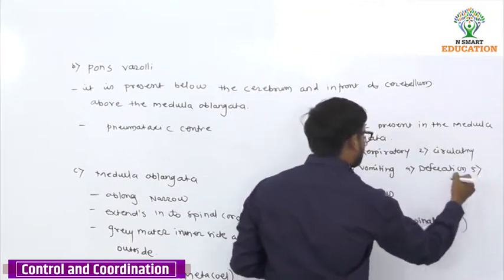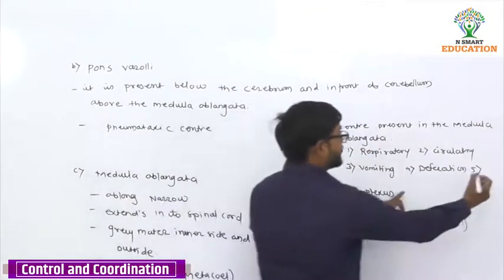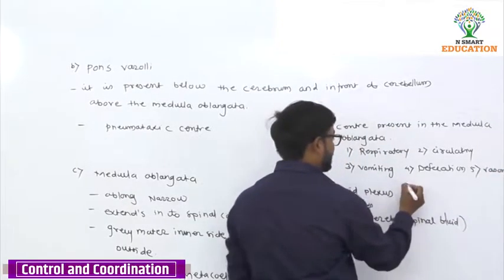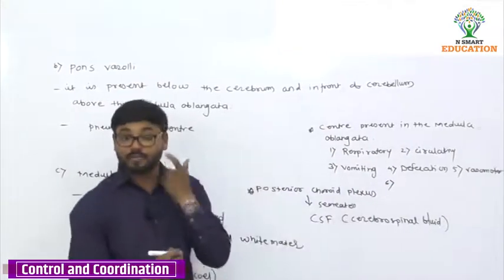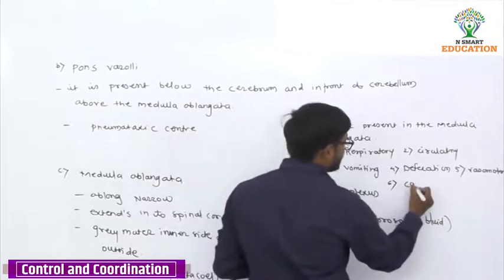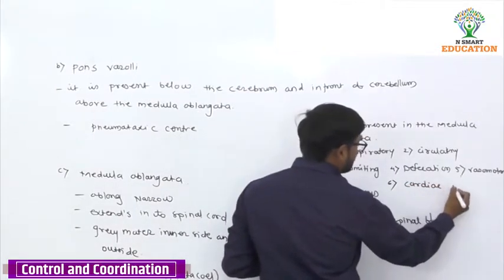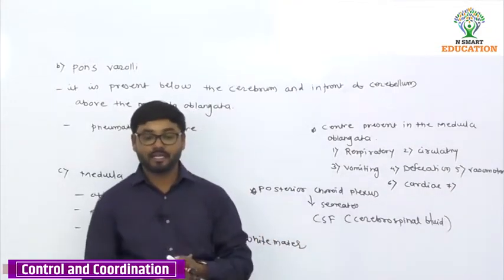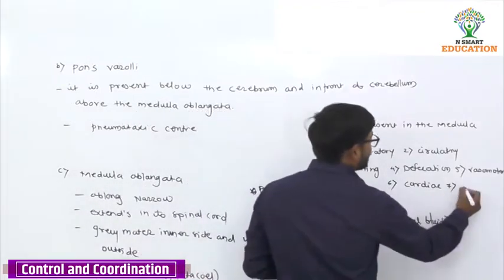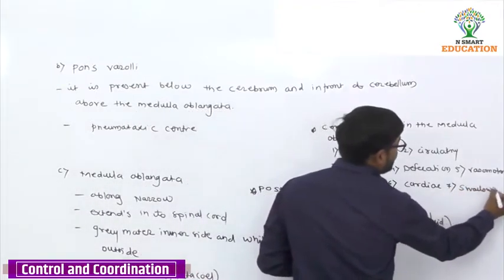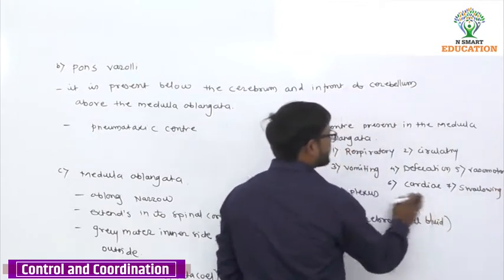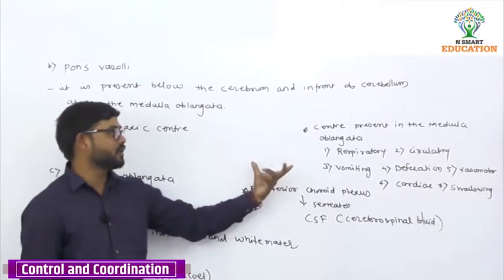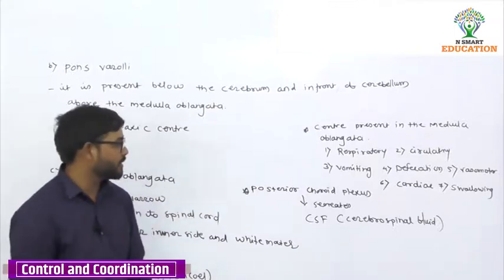Also present is the vasomotor center, and they are involuntary in action. Also present is the cardiac center. Very important, about vomiting I already told you. There is also the swallowing center. You can say that these are involuntary actions. So there are many centers present in the medulla, but the main ones here are